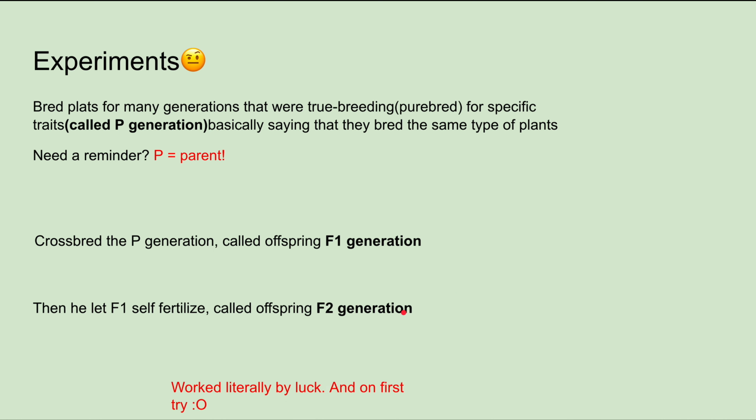This quite literally worked by luck, and it worked on his first try. If he chose some other plant, I'm not sure it might have been as successful as him choosing the pea plants. This was literally done by pure luck. Of course, there was some science, but without choosing the right plant,